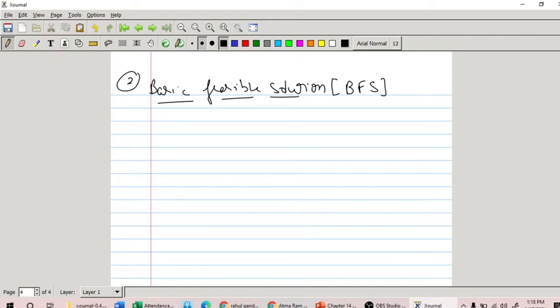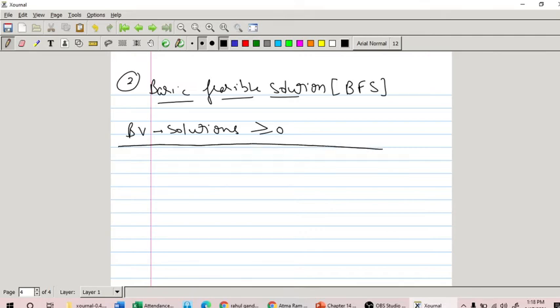So, it is a basic solution of the LPP for which the m basic variables solved for are all greater than or equal to 0. So, when you find that the solutions of the basic variables are greater than or equal to 0, then we say that it is a basic feasible solution. These points are giving you basic feasible solution. So, it should not be negative. Negative नहीं होना चाहिए.